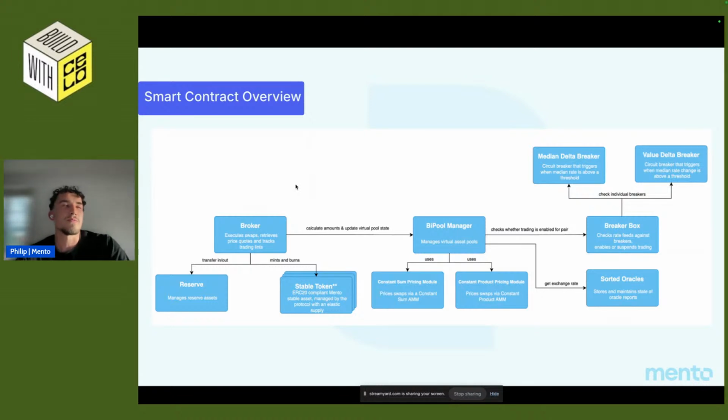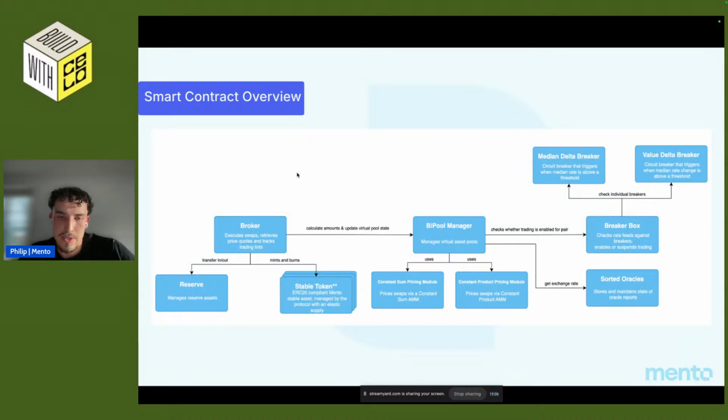So this was the example of how it works for a simple swap between one of these pairs. But let's say, for example, we want to go from CUSD to CEuro. The broker and the BIPO manager don't have a direct pair between CUSD and CEuro. So what we built is a router contract, which you can imagine sits on top, in front of the broker. And what the router contract will do is we provide a path of swaps we want to do. So for example, we could say we first want to go from CUSD to USDC, and then again from USDC to CEuro. And in the end, we would do a swap from CUSD to CEuro.